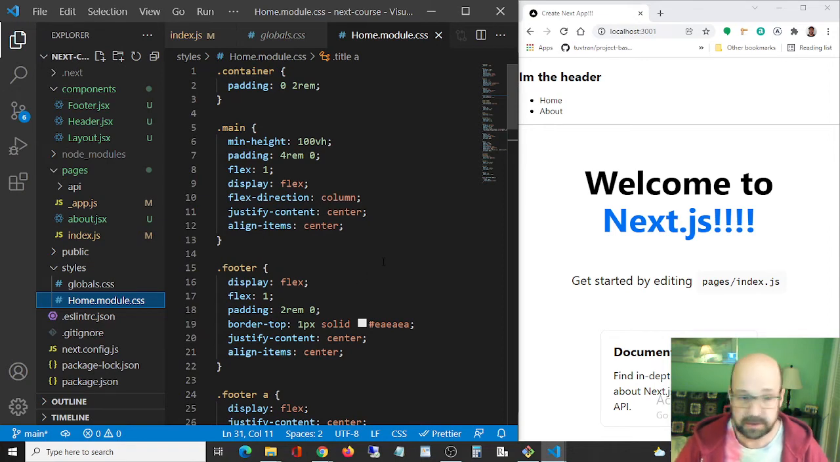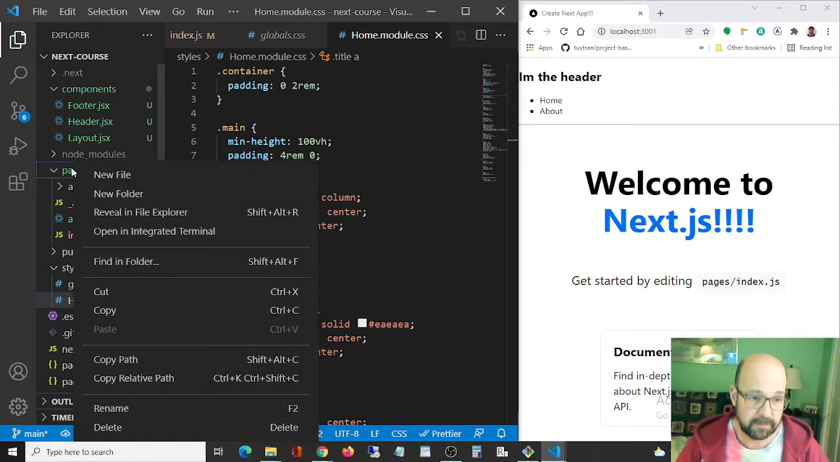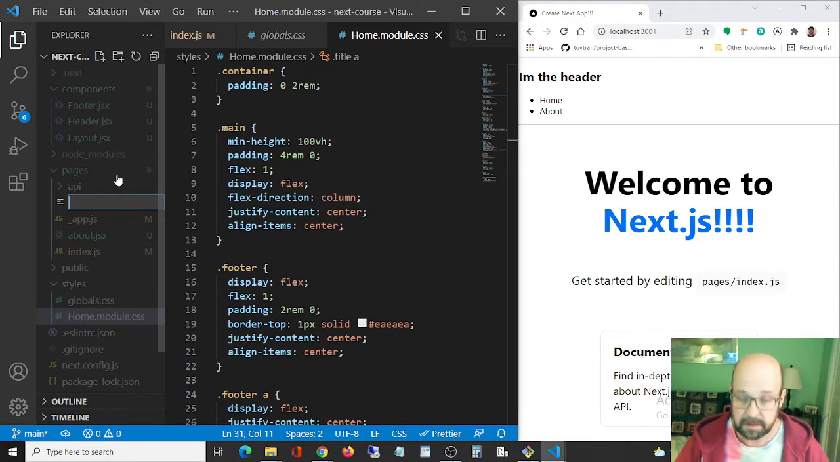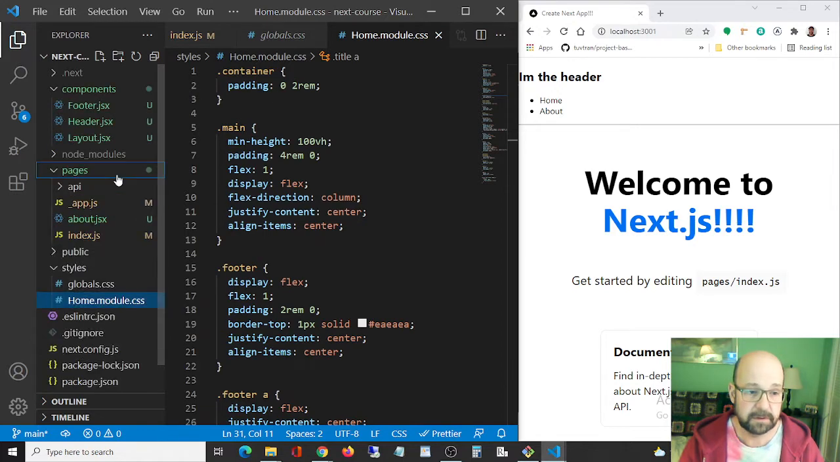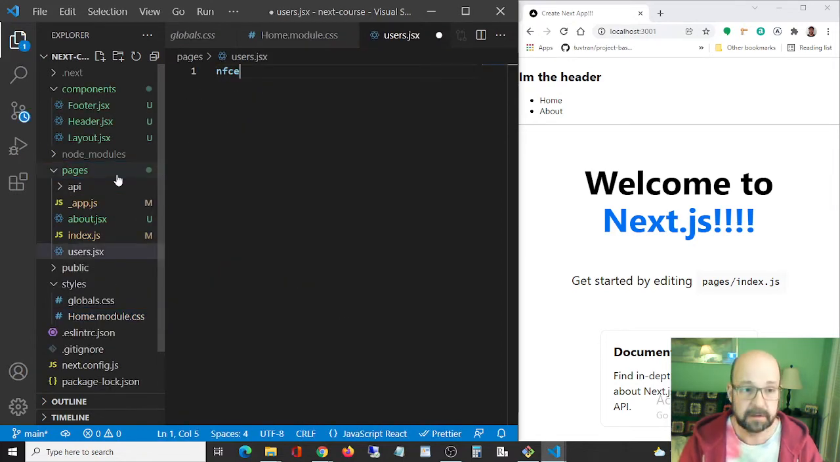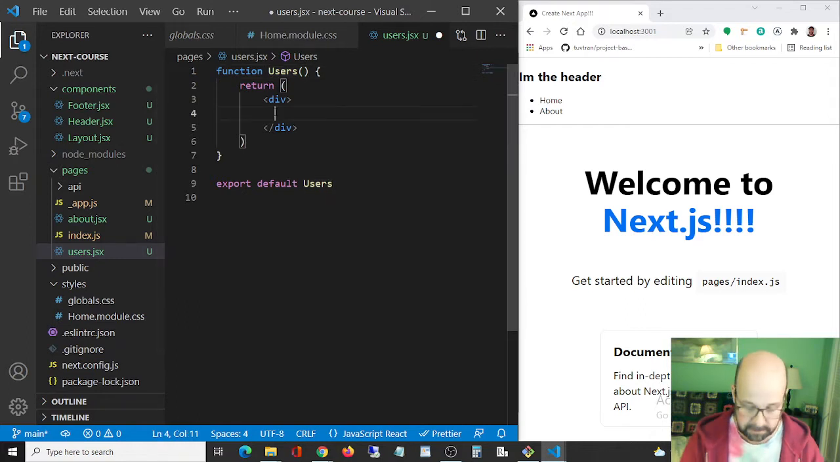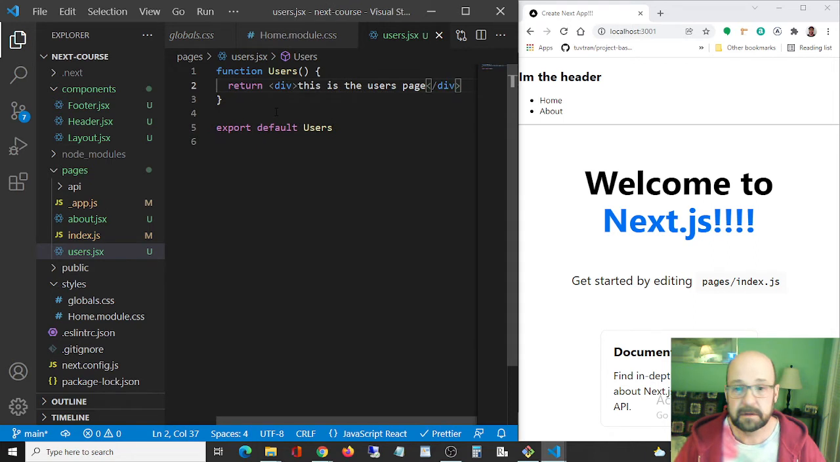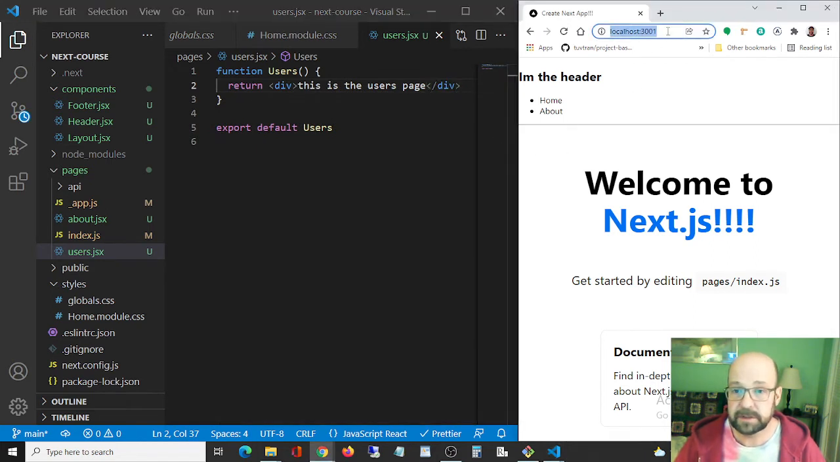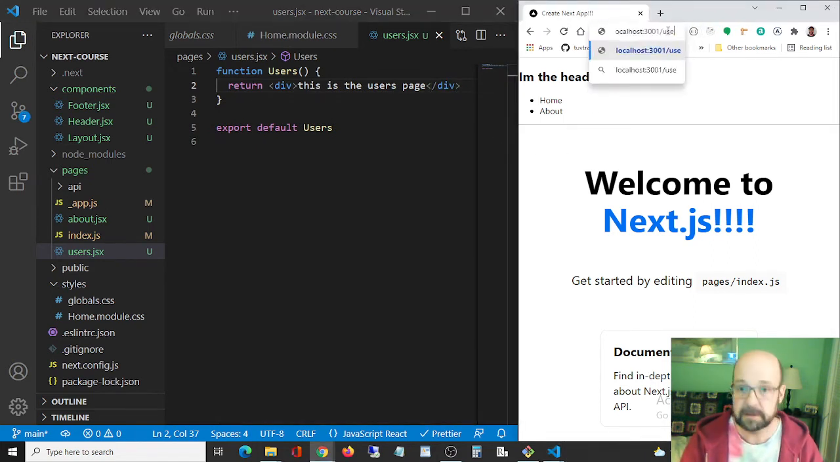So I'm going to make a new page. Let's call it users. Okay. And this is the users page. Now, if we go here, because that's in the pages folder,